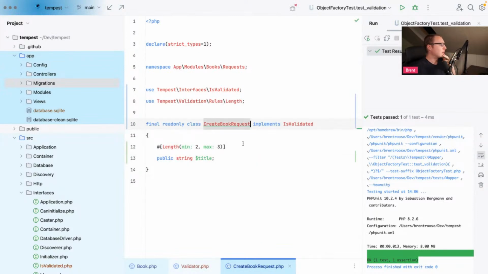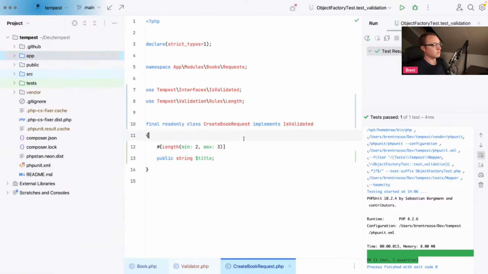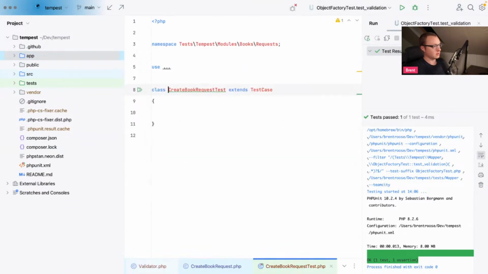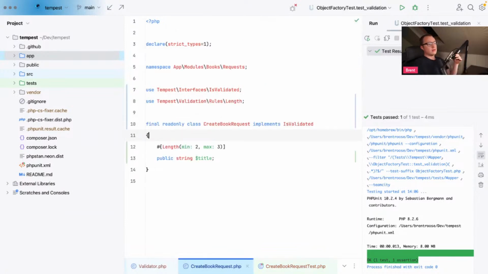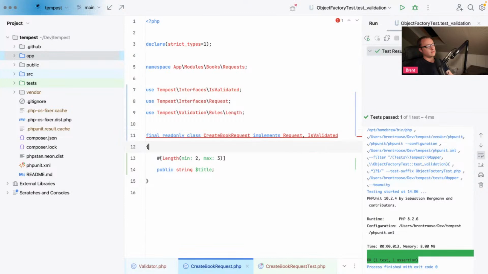So we have a create book request, right? And our mapper is able to handle, yeah, basically this should just work without anything else, I think. So that's interesting because do we still want this to implement requests? We could